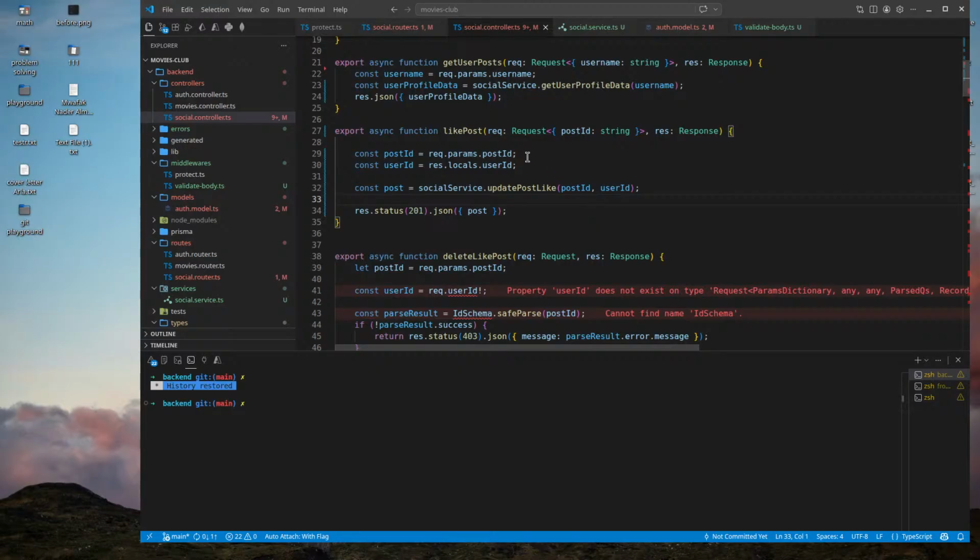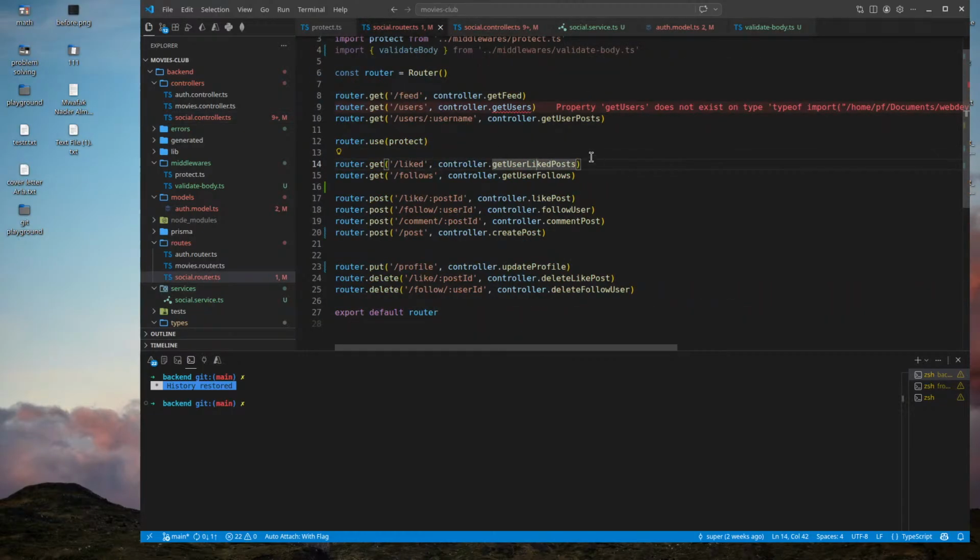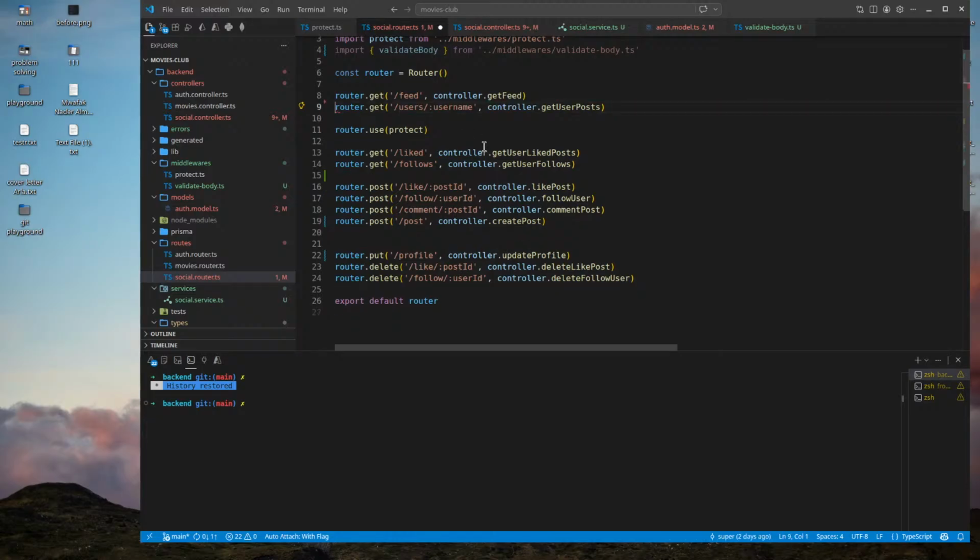I can make a middleware instead of doing it like this. For example, here this guy has params: post ID and user ID.